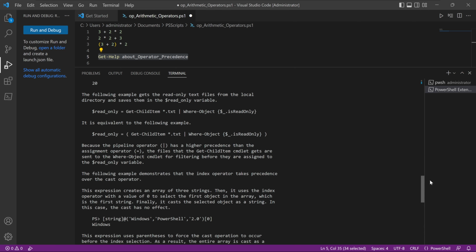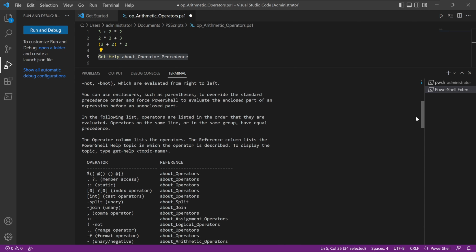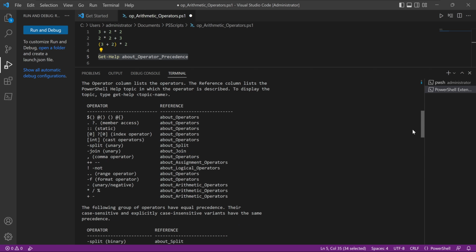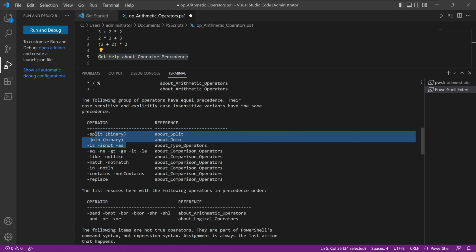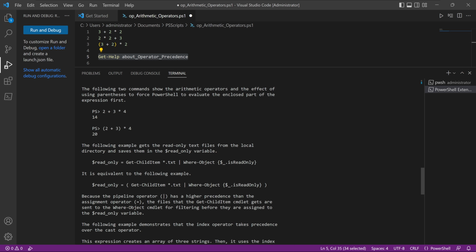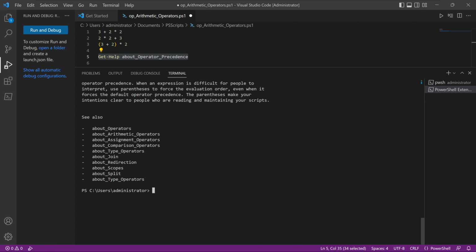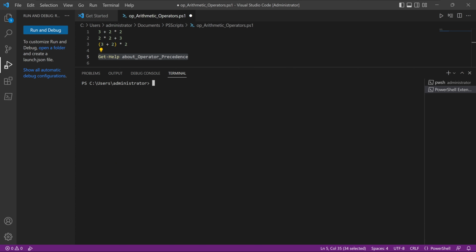Also, there are other features baked into this as well, such as other operators, such as the binary operators, split options, etc., which I will cover in a later tutorial. So if you want to quickly know some operator precedence information, this is how you can get it. So I'm going to clear the screen here on the terminal,